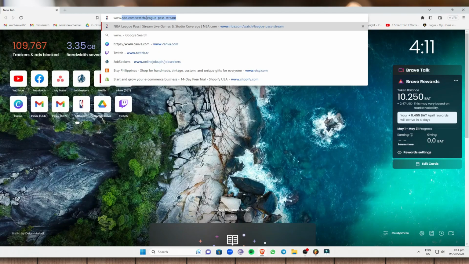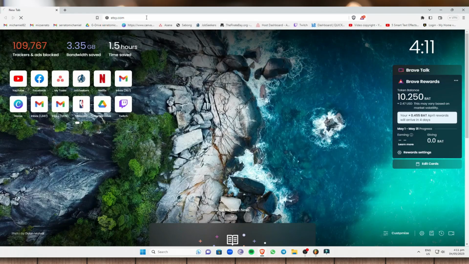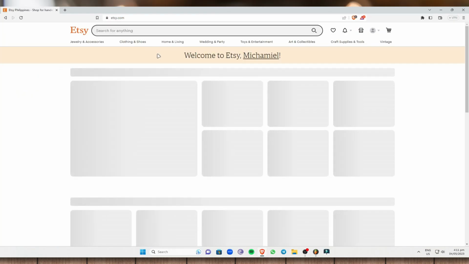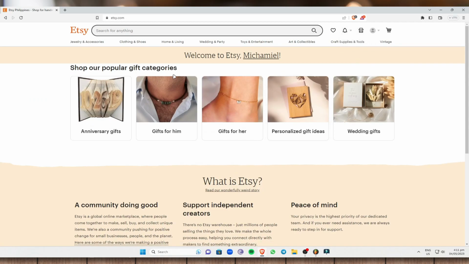So first, we're gonna go to the Etsy website, that is www.etsy.com. And once you are in your Etsy website, just log in or sign up if you don't have an account. Now, as you can see right here, once you are in your Etsy account, just go to Shop Manager right here